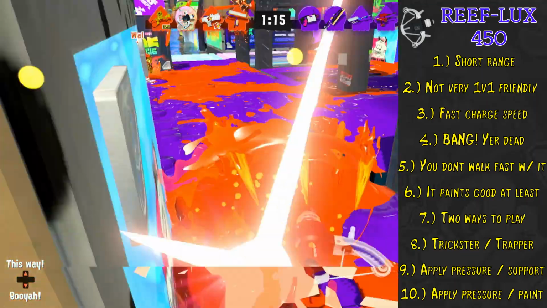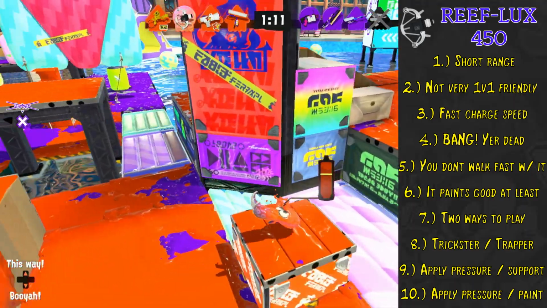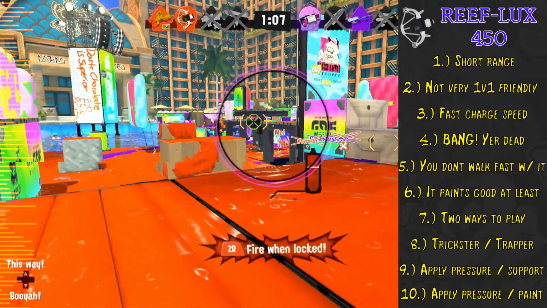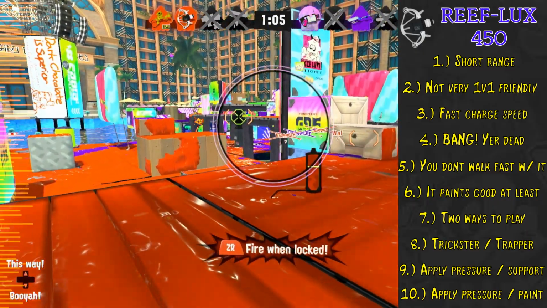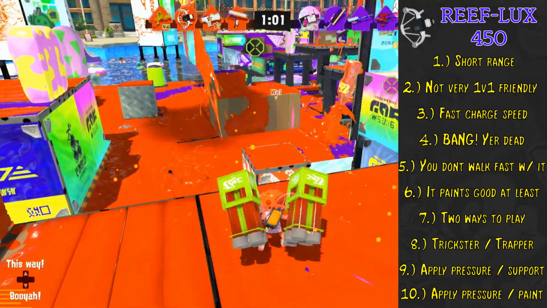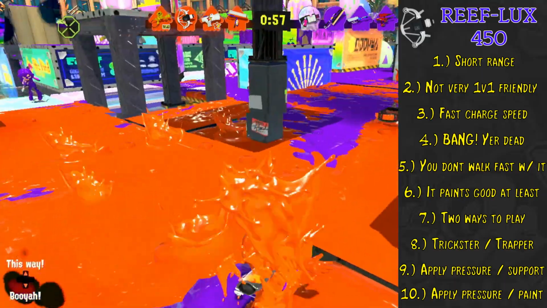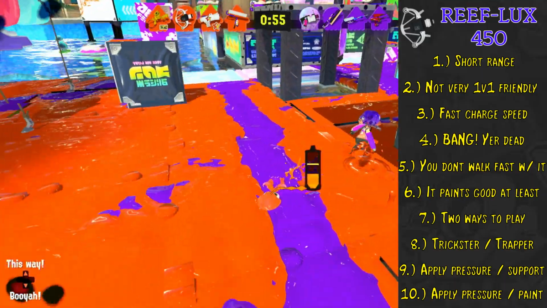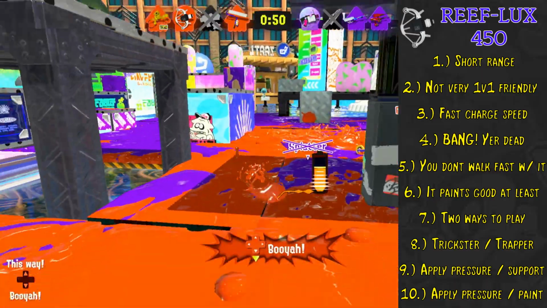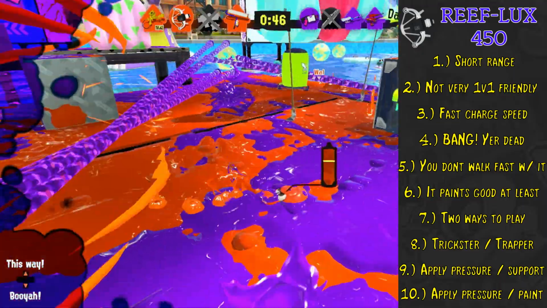Let's say your skirmishers don't paint very well. Basically, if you have a skirmisher that doesn't paint a lot, you can support them in the fight. While you might not do a lot of damage, you can easily outpaint most other weapons, except for, let's say, the big swig roller and a couple others. So you can support your skirmisher by painting and throwing bombs in certain directions, trying to set up a trap